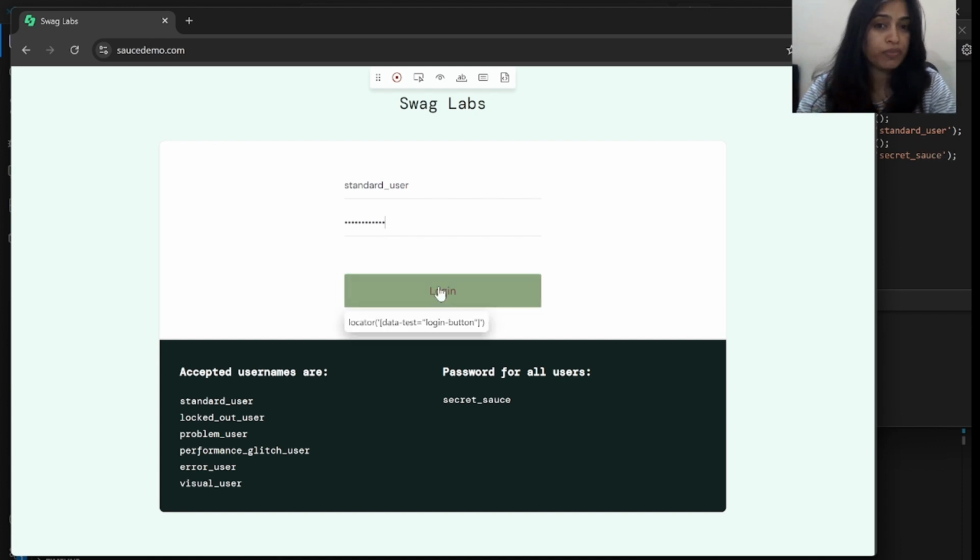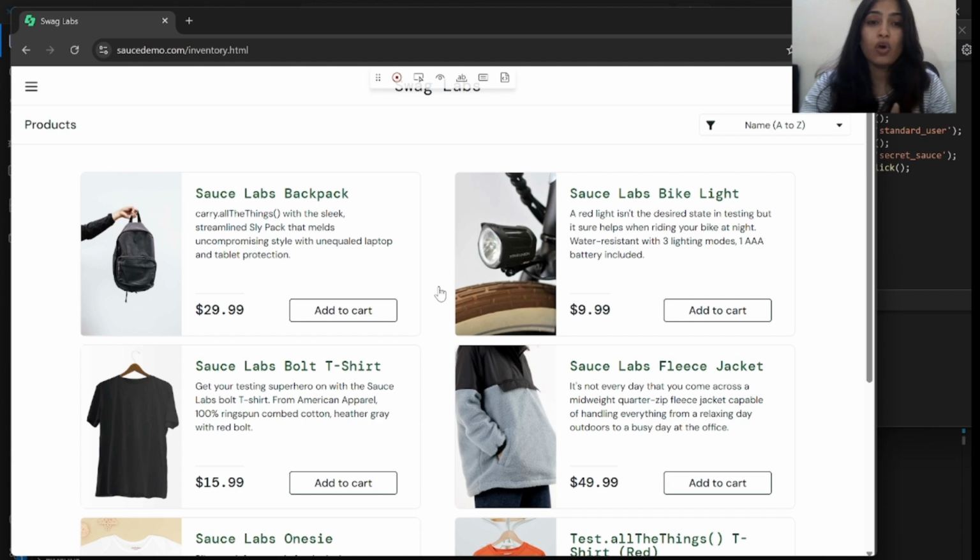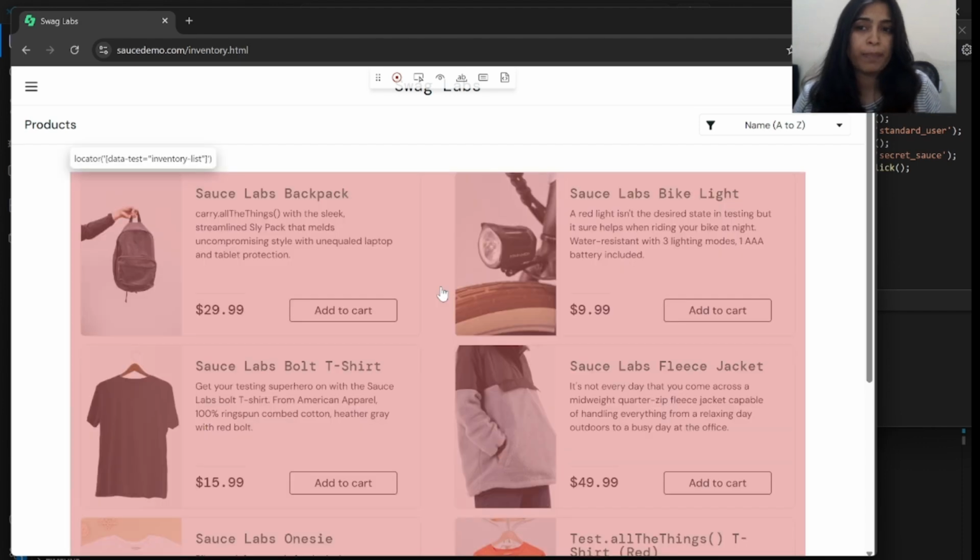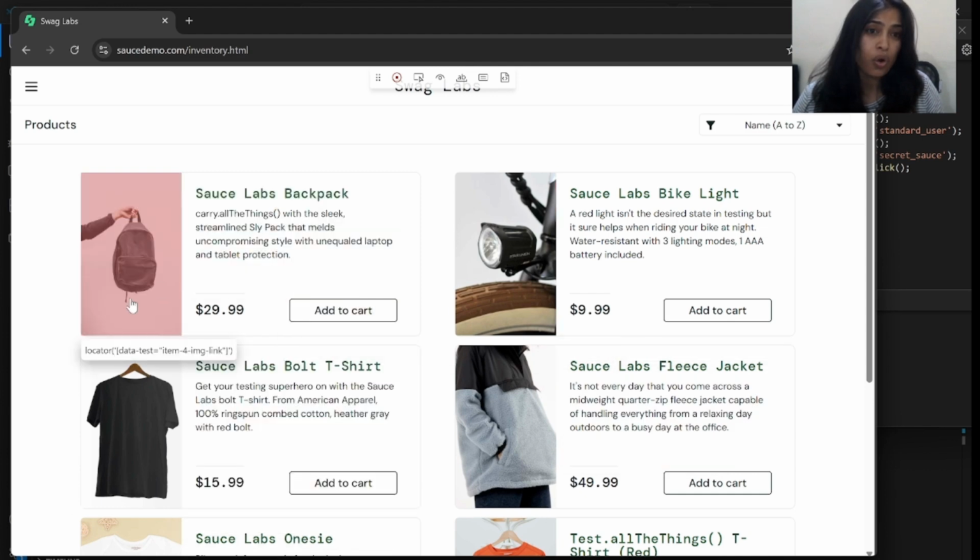And now I'm going to perform the click action. So it allows me to launch the application when I provide the correct username and password. It allows me to log in to the web page. So it logs into the web page.